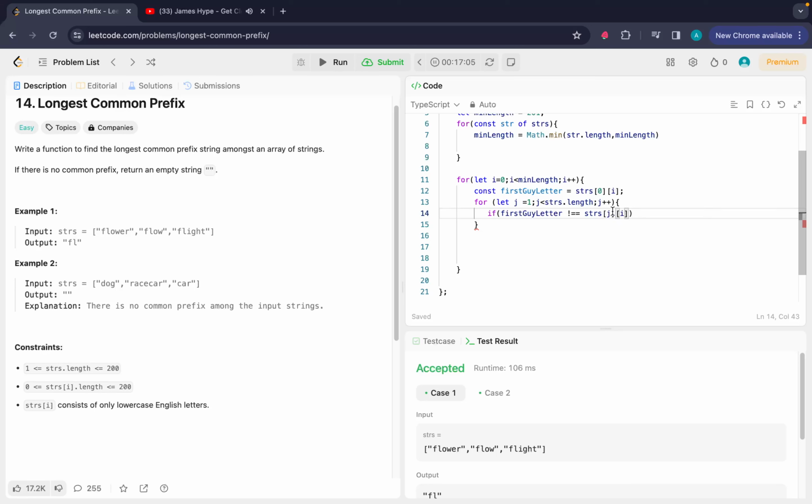So j means the second one's first letter. So if it is not satisfying my need,